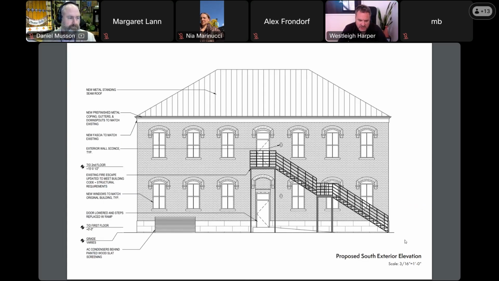Again, replacing each window opening here, double hungs that are more in line with the original intent. There is an access door in the middle. You can see the AC condenser that is screened by a new fence, and much of the infrastructure has been removed off of this facade. Next.